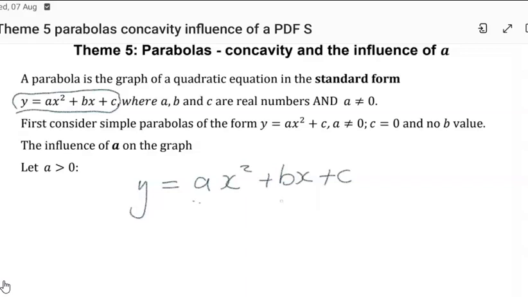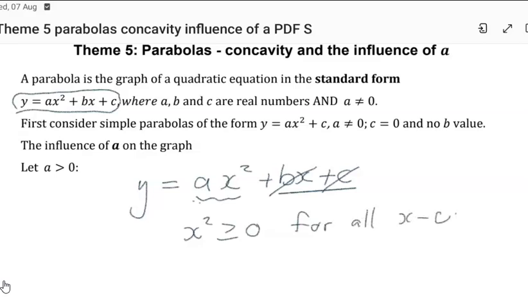These values, the b and the c, if we ignore that and we only look at this term here, what we must notice is that the x squared is greater or equal to 0 for all x values. The only value that can influence the sign of, let us call this number 1, is the value of